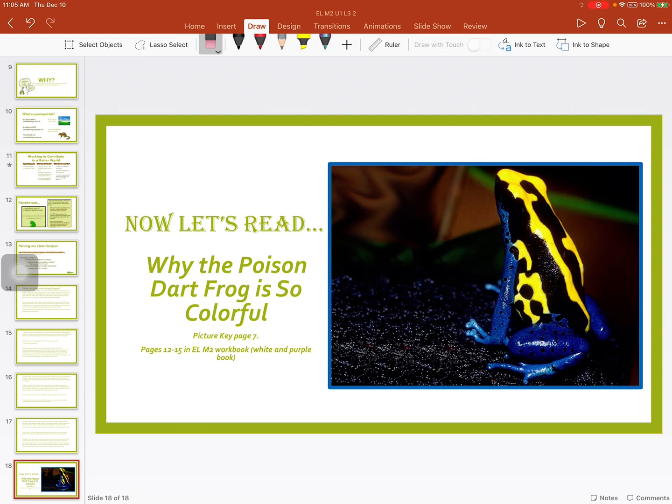The picture key for the symbols we see in the workbook is on page 7 in our workbook. And we're going to complete pages 12 through 15 in our EL Module 2 workbook, the white and purple. So you can do that on your own and then submit it in